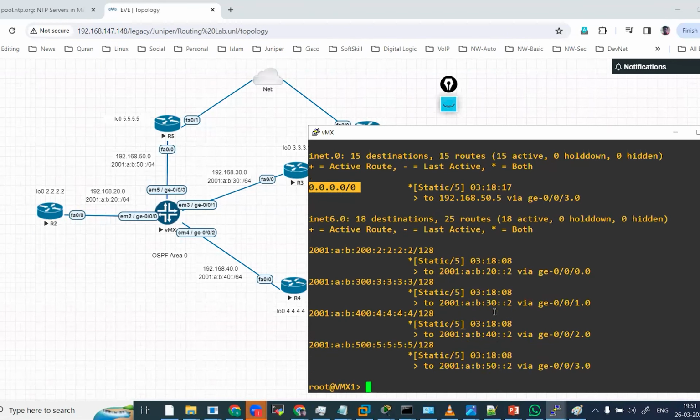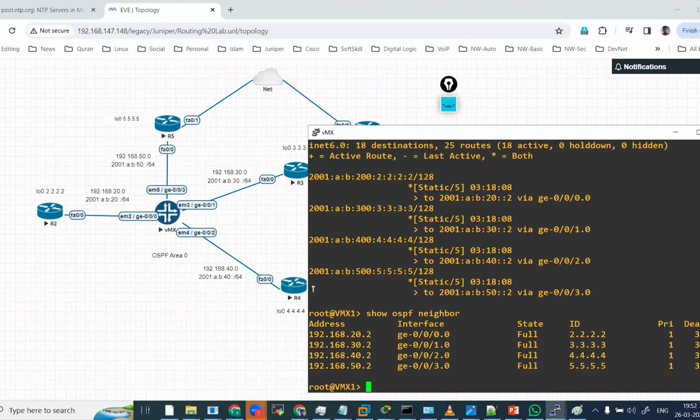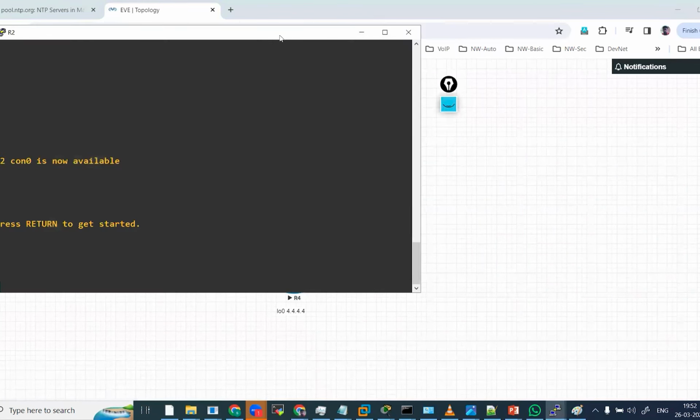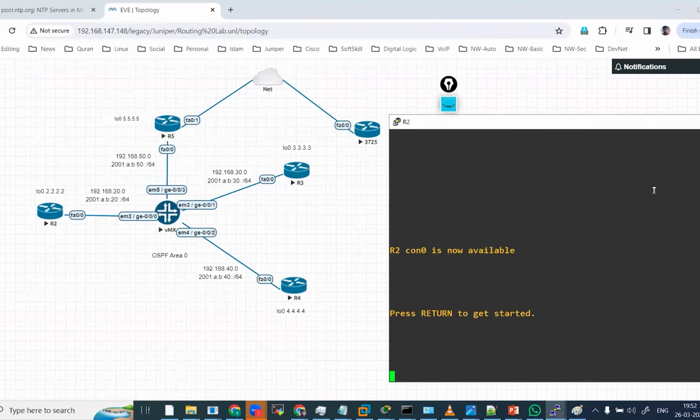I have OSPF neighbors. So I have 2.2.2.2, 3.3.3.3, 4.4.4.4, and 5.5.5.5 as neighbors, means R3, R4, R2 and R5 are the neighbors. So through this OSPF, this default route is propagated to R2, R3, R4. Let's see on R2. If you check the routing table of R2,